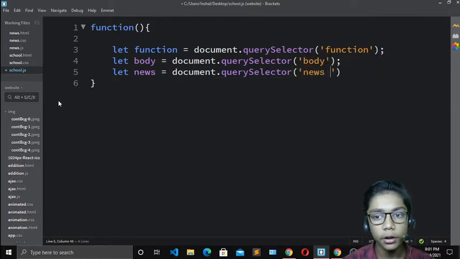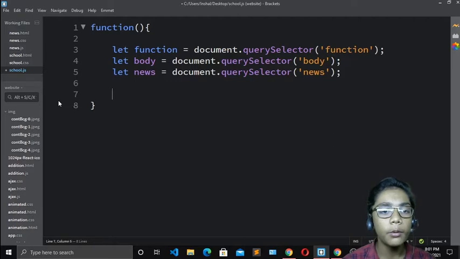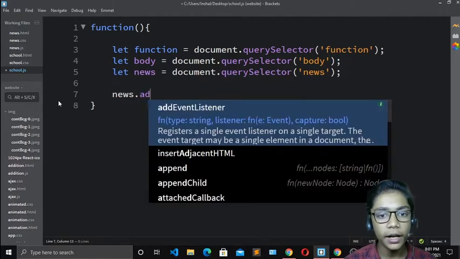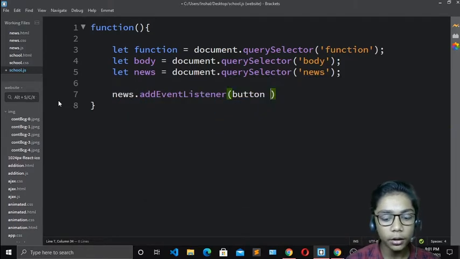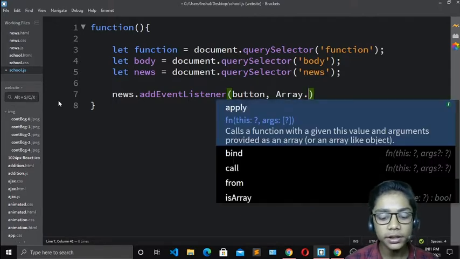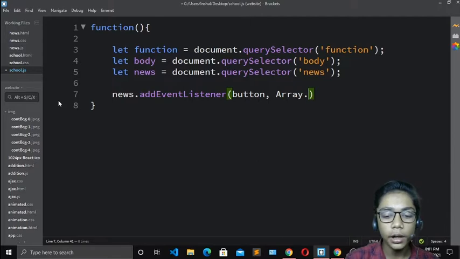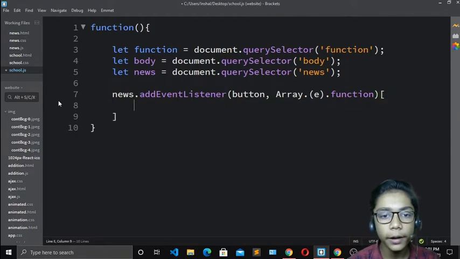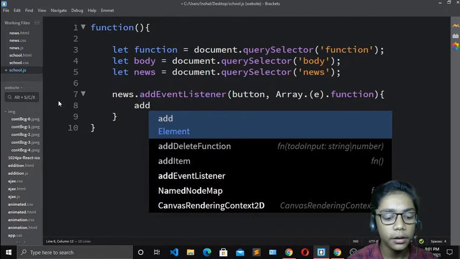Okay, so we have done till over here. Just you have to close that. Come over here and define news dot add event listener, then right over here button, comma array function, and now we will not write array in strings. Okay, so I will just write like that, and here you have to write brackets in your first one bracket. So I will write function tag, and now just when you've done that, come over here and just press Ctrl Z, then come and write add event listener again.